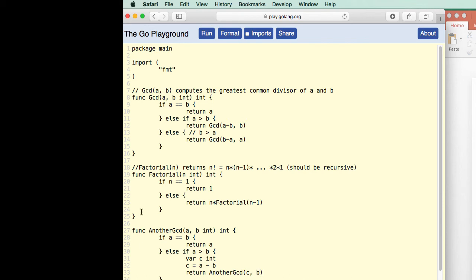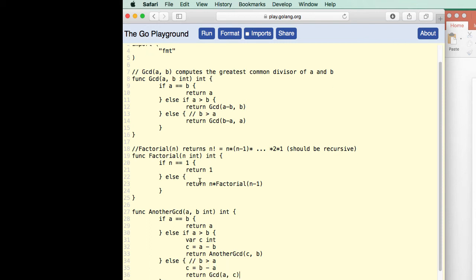All right, and there's no real compelling reason to do this. I'm just using this to illustrate a point, which will become clear soon enough. Otherwise, we're going to have c is equal to b minus a. And this is our b is greater than a case. So c is b minus a, and we're going to return the result of GCD of a and c. Okay, so very similar setup. All we're doing is introducing this c variable beforehand, before actually making the recursive call. All right, and we could run this,